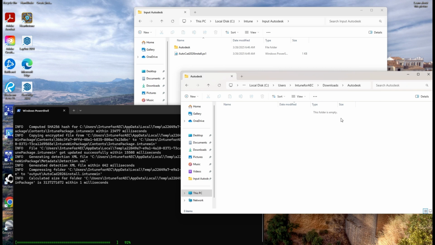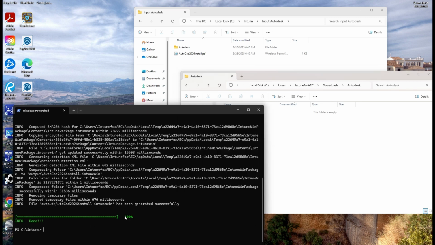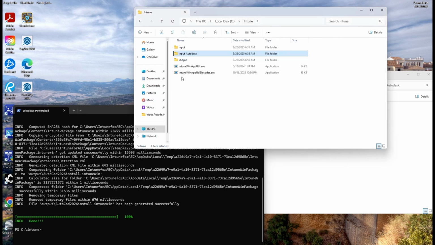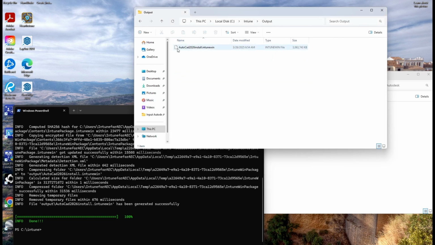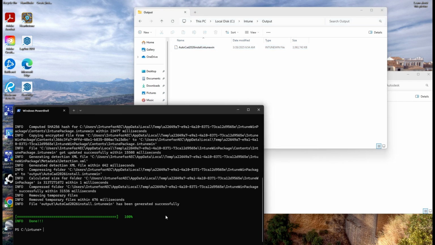Now that this is almost wrapped up, we are going to go ahead and create our app. Well, actually, we'll run the install first, make sure everything's working. So we have our package. You can now see that sitting in our output. It's named the name of your PowerShell script by default. So if I go back and I go into input Autodesk,